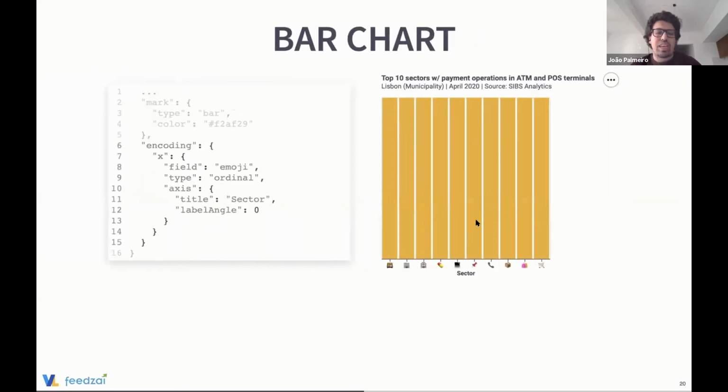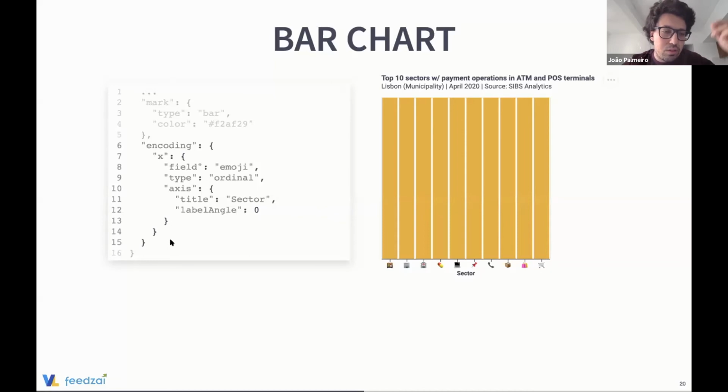Then you start the encoding part. And this encoding part is where you try to map your attributes, your features, your columns in your data set to specific positions. You can also map to specific colors, to specific shapes, to specific orderings, etc. So basically, what we have here is, okay, for the X, basically the X-axis, I want to show in a categorical fashion this column called emojis, which is basically the category, the sectors in this data set.